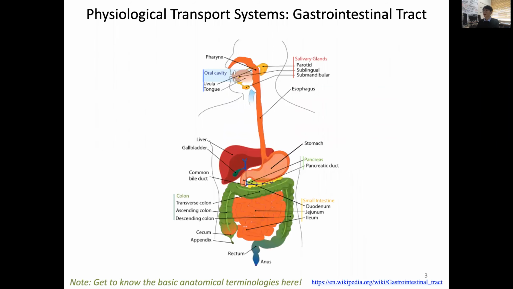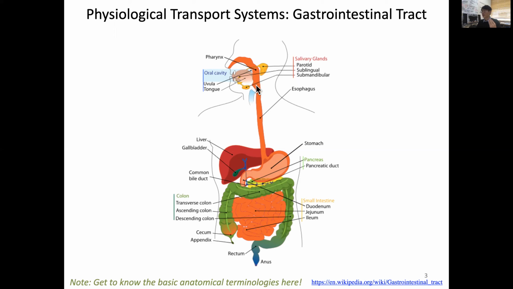Let's first think about the gastrointestinal tract. Gastro means stomach, so the gastrointestinal tract runs from the mouth to the anus. That is responsible for our digestion. So here comes a little bit of anatomy, which is important for you to know the basic terminologies. Let's see from the mouth, from the oral cavity, where we have the food intake, then